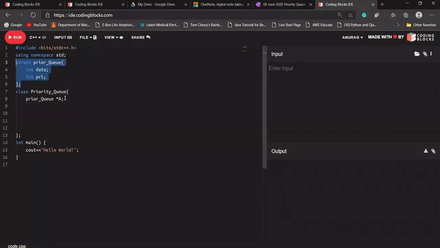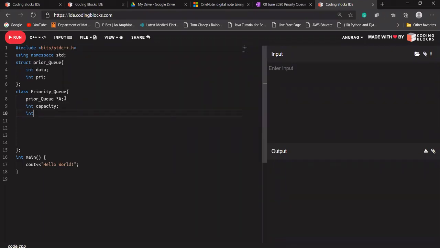And one more thing it will have is a capacity, the same data members we had when we were implementing queue using a simple array. I'm using the same variables here as well.